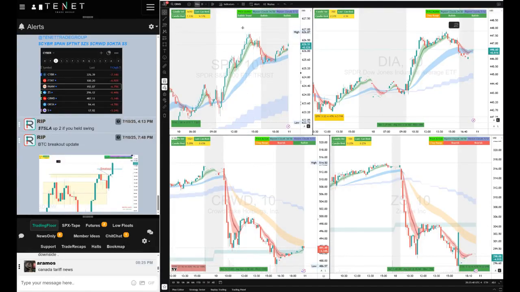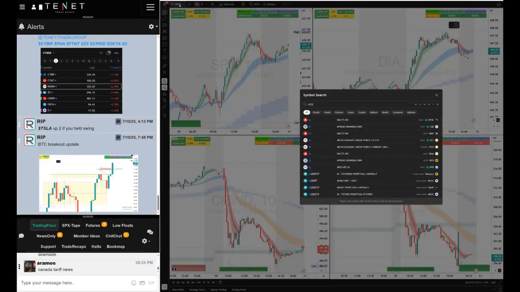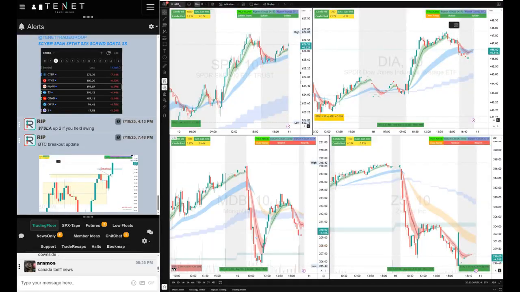You need to identify which sector is strong, which sector is really doing good. If you look at some cloud stocks, look at MDB, software stocks, they were weak, so they were selling off. There's an ETF CLOU, you can use that to track the cloud stocks. There's an ETF CIBR, you can use that to track the cybersecurity sector. So find the weakest sector and short the weakest stock. I have been teaching this for a long time. Short the weakest stock in the weakest sector, long the strongest stock in the strongest sector.